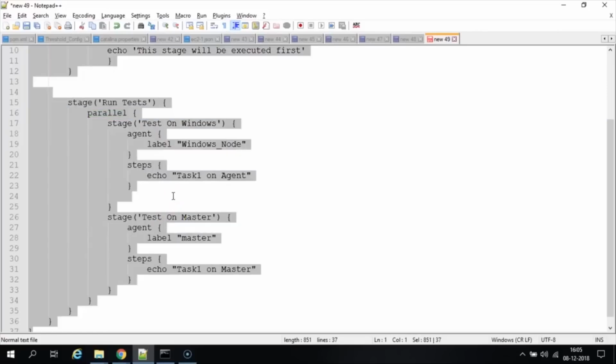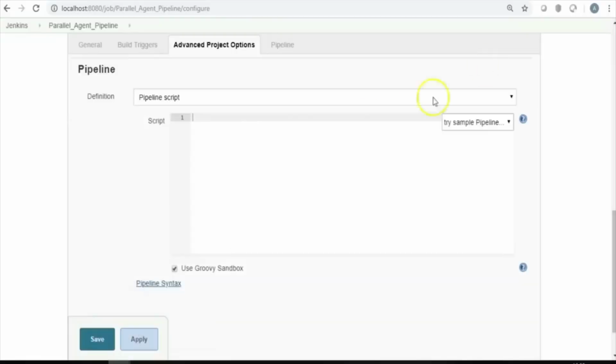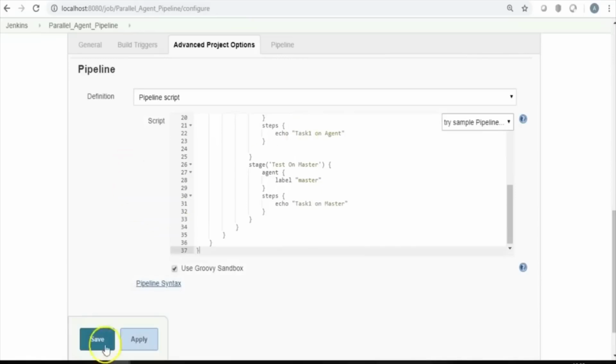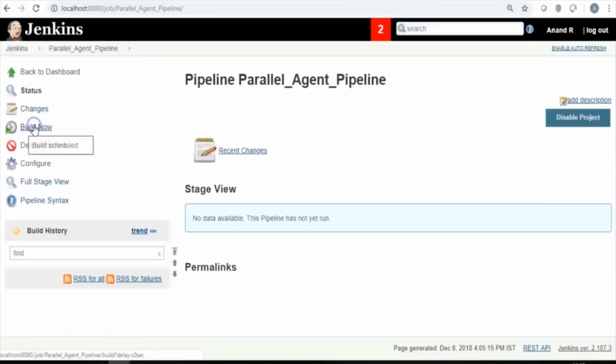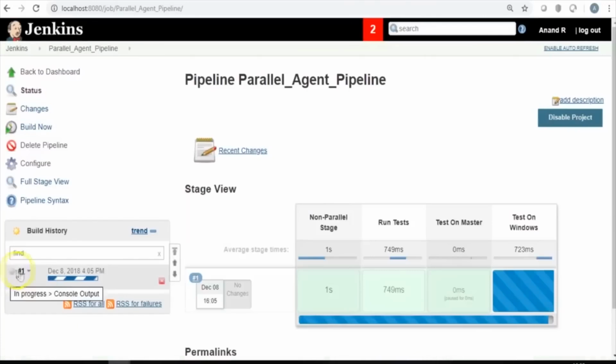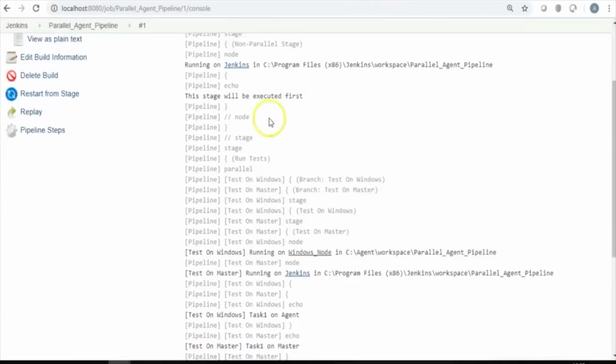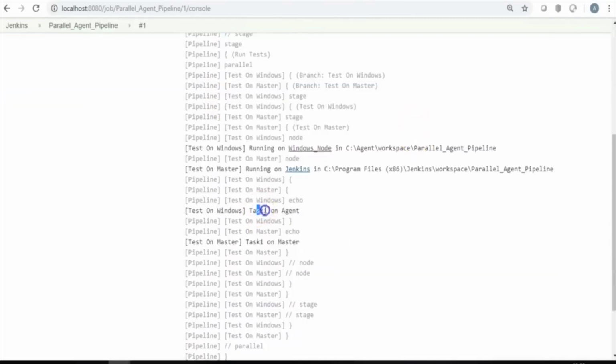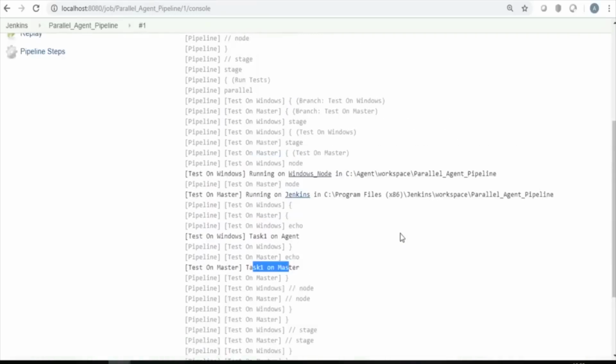So let me copy this pretty simple script. Let me put this out here, and let me save this out, and let me try to build this. All right, there you go. This stage will be executed first. This is the non-parallel stage that's going to happen. Then the task 1 on agent, task 1 on master, followed by, as I said, since I have only one